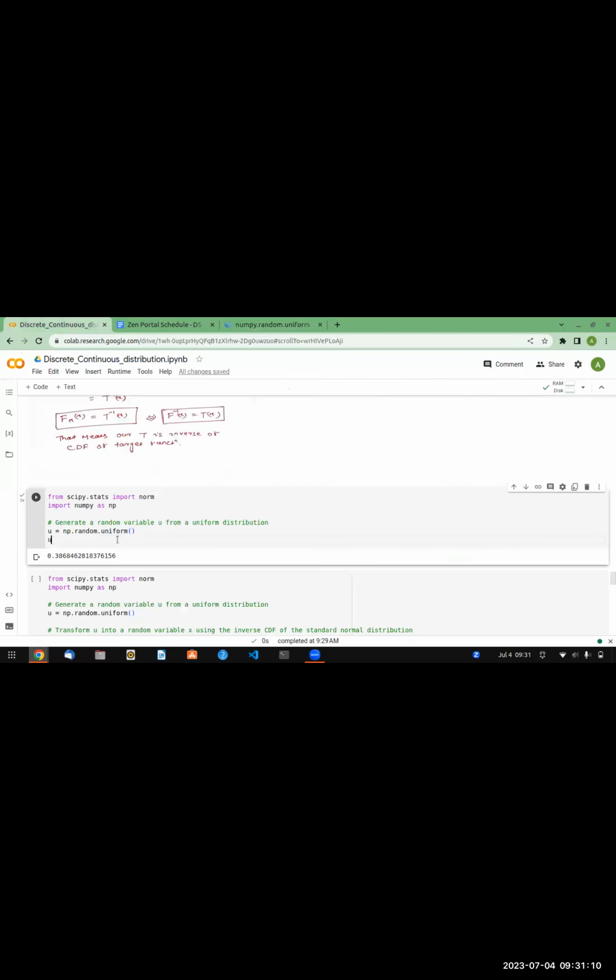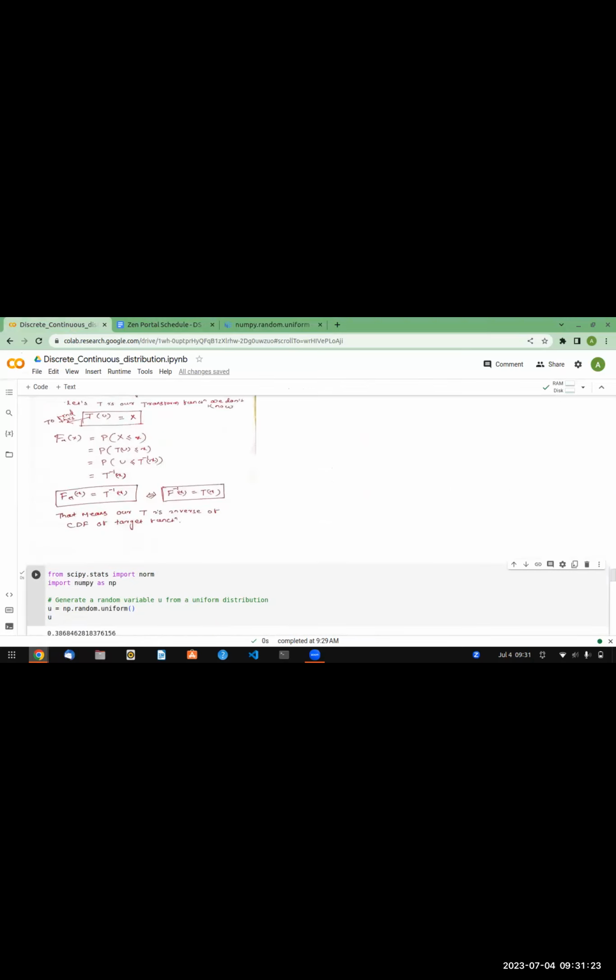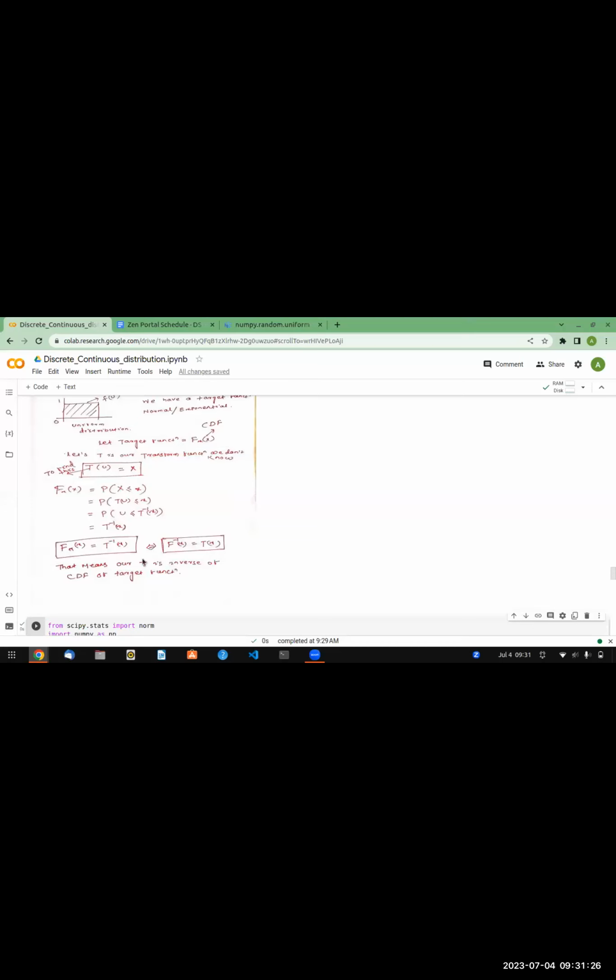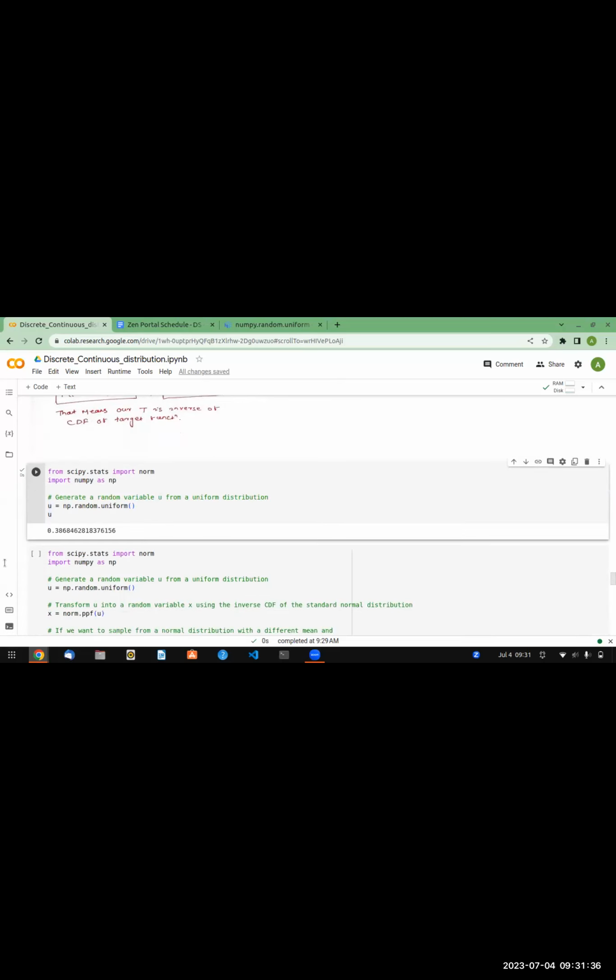Okay, so this is the first step: generate the number from a uniform distribution. I hope you are now clear about np.random.uniform and how this number is getting generated, right? So what is the second step? This is the mathematics. If you see, this is the inverse we are doing, and this is a proof that if we do this, you will get the required distribution. So once you have generated this data, you pass this to the inverse of CDF. Now the inverse of CDF will be achieved how? Using this